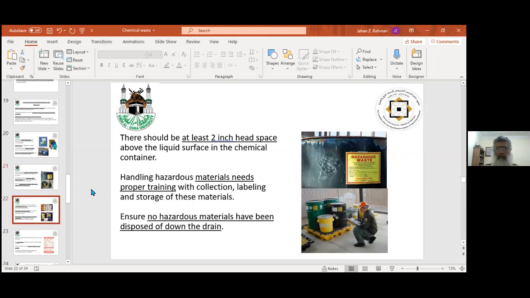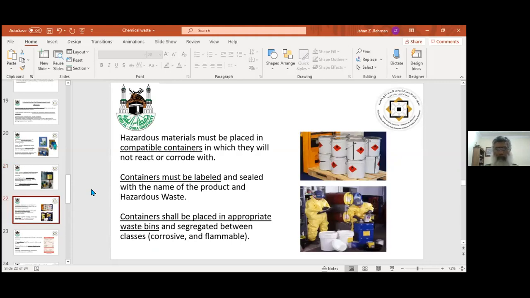Again, use compatible containers for the chemicals, because if you use non-compatible containers, for example if you want to throw expired concentrated sulfuric acid and you use a plastic bottle, then the acid comes out. If you use a metal container, then after some time it will corrode and the acid will come out. So you have to use glass. It means for every container you have to know or read about the compatibility of the chemical and the compatibility of the container. It is valid for both liquid and solid chemicals.